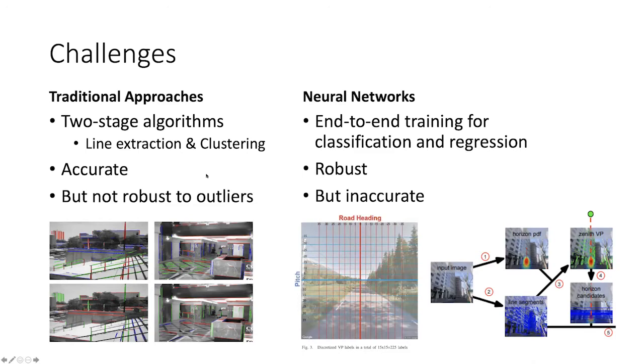So of course, there are two approaches again. People use the traditional approach: edge detection and clustering, Hough transform, RANSAC, line fitting, and so on. If they work, that's pretty accurate, but the pipeline can break down, and you get a lot of false positives and negatives. People also tried neural networks before us, end-to-end trained. They're pretty robust. Most of the time they can guess reasonably well where the vanishing points are, but they're not accurate, especially for AR/VR, where you want high accuracy.